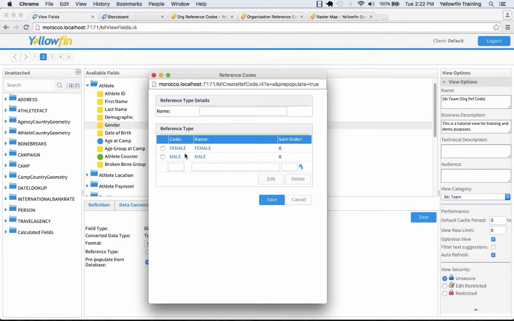What's happened here is it's gone to my database and said, okay, I can see female and I can see male. Now, say we want to actually convert this for our youth category. We cater for customers of all ages, but we actually have a separate youth program that covers youth up to the age of 18. So what I might call this is my youth gender